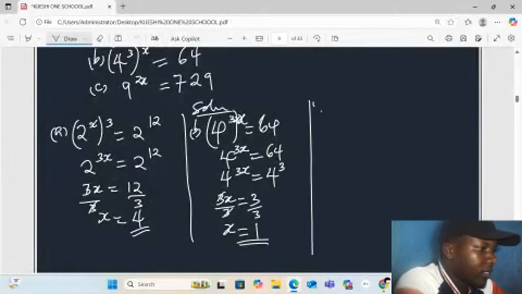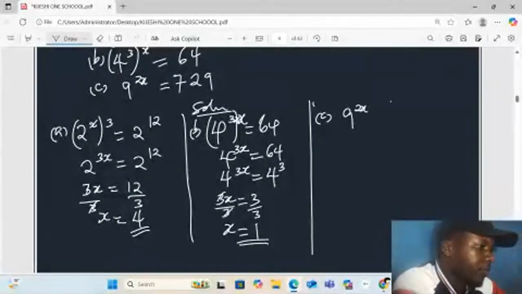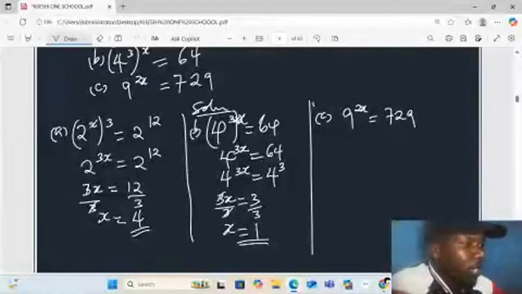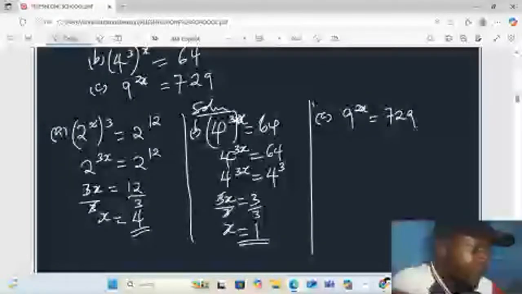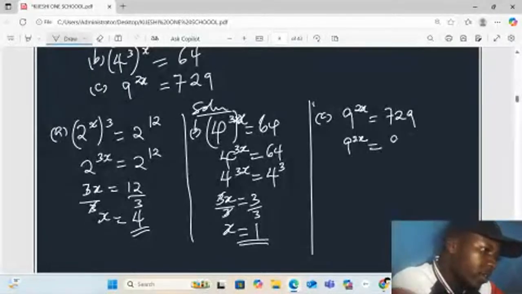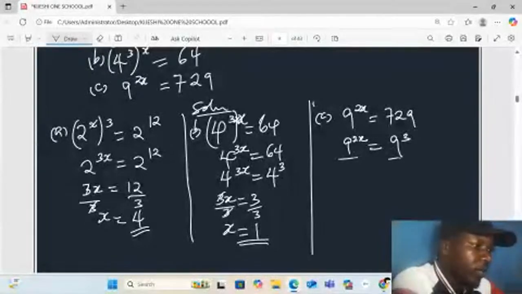So we have c, 9 power 2x is equal to 729. So this one now you have to make 729 to base 9, so that we have the same thing. Then we have 9 power 2x equal to 729, to the base 9 will give you 9 power 3, so that we equate,